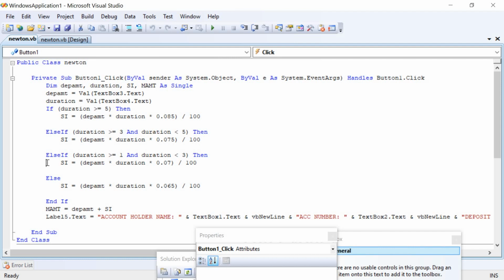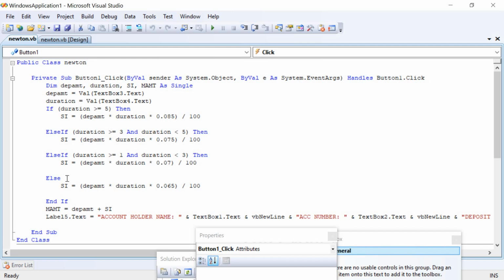Again here comes the calculation: simple interest is deposit amount into duration into 7 percent, written in decimals as 0.07, divided by 100. When we take it in the parentheses, this part will be calculated first and later its value will be divided by 100.